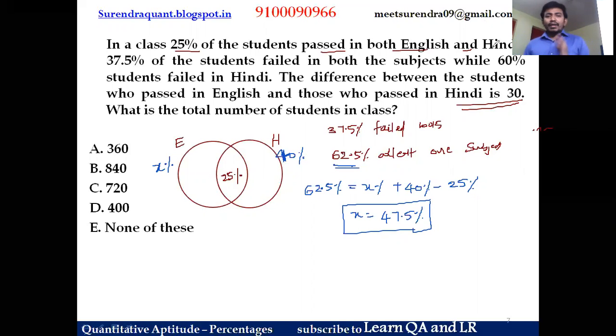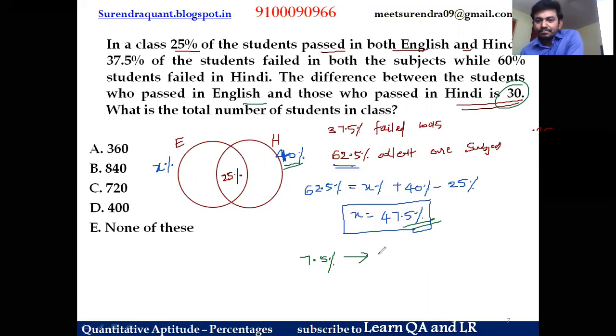Excuse me, but what is the next line of the question? The difference between the students who pass in English and those who pass in Hindi is 30. So friends, English is 47.5% passed. Hindi is 40% passed. What is the percentage difference? 7.5% is right. So the percentage difference between English and Hindi passed is 7.5%, and that is numerically mentioned as